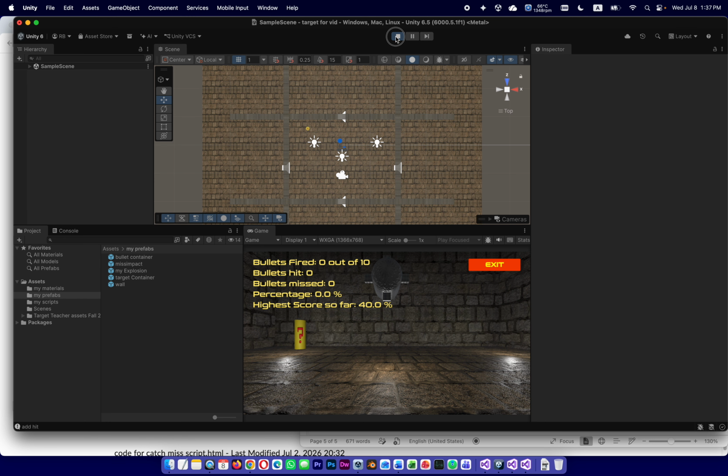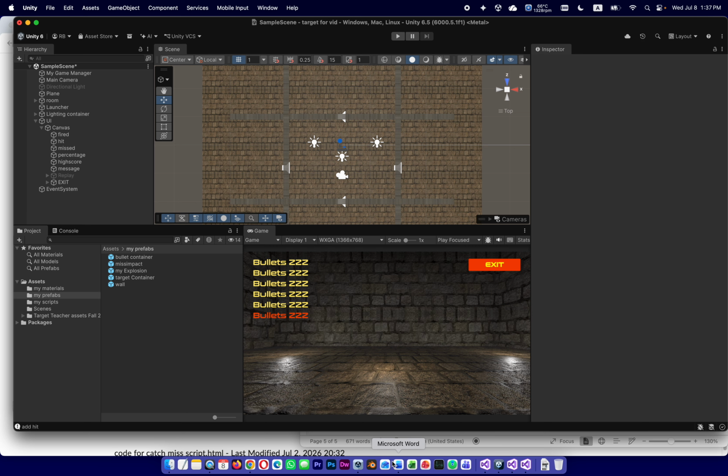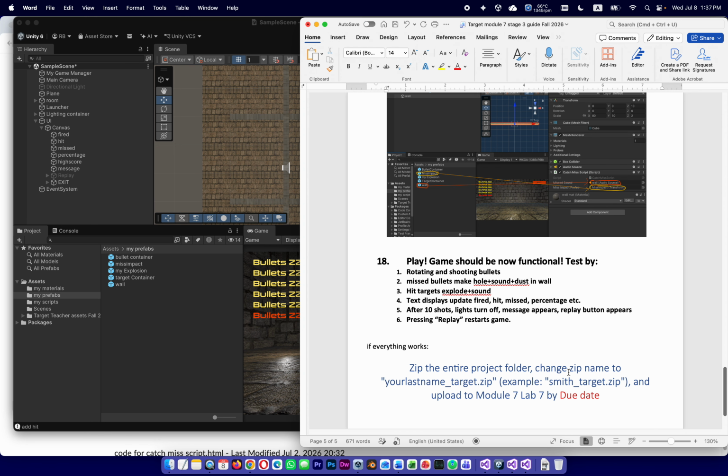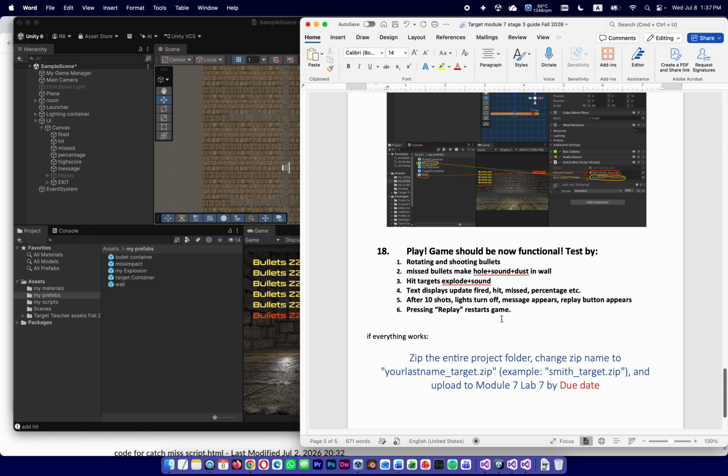I'm going to stop this right now. This is pretty much the end of stage 3. If everything works, you zip your project, you upload it